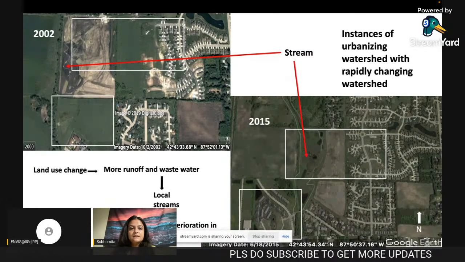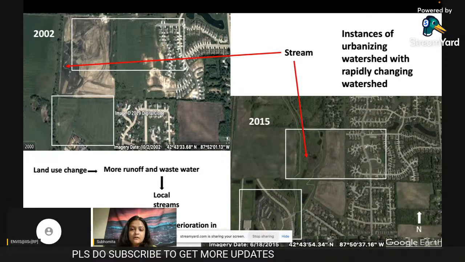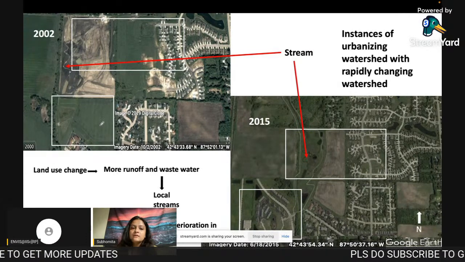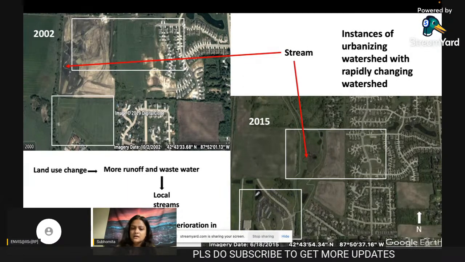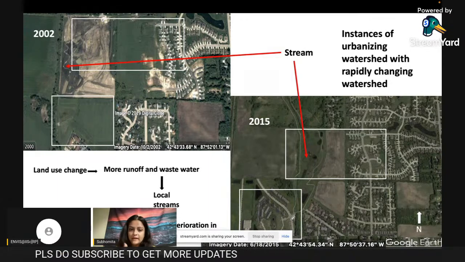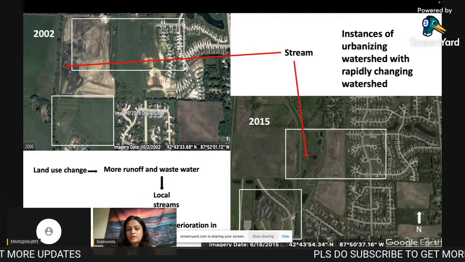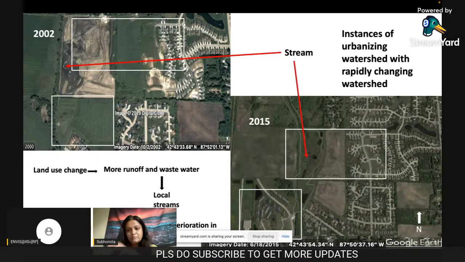Like you can see in these insets, over here there was almost nothing, and then it started developing farmlands, and these are residential areas. Even more here, it was totally undeveloped land in 2002, and within 13 years, lots of parking lots, commercial spaces, malls, and park trails came in. So this is a rapidly changing watershed, and I chose this so that I can catch the impact of